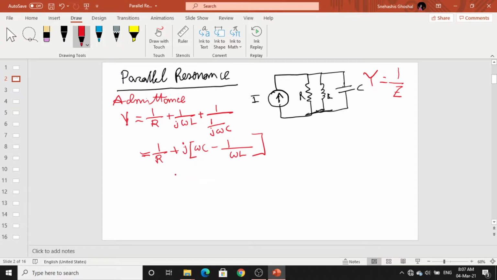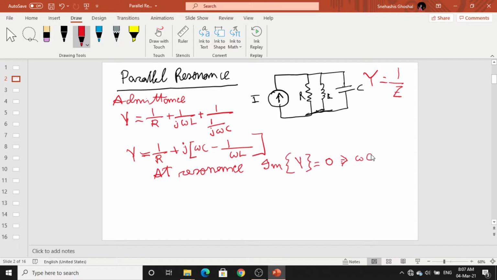At resonance, we see that the imaginary part becomes 0. In case of series resonance also, imaginary part of Z becomes 0. In case of parallel resonance, imaginary part of admittance becomes 0. So just equating the imaginary part only, that means j part only equal to 0,